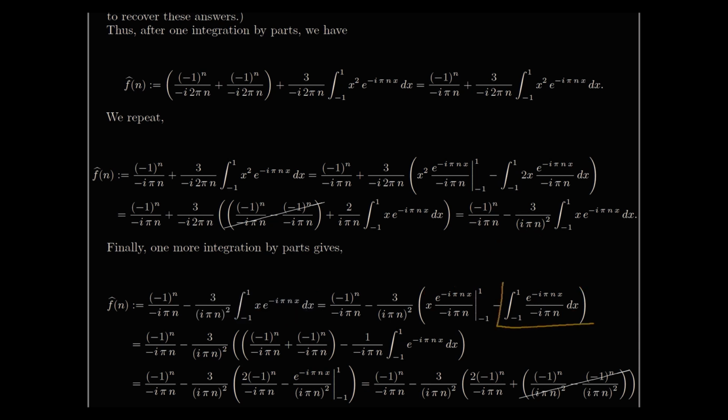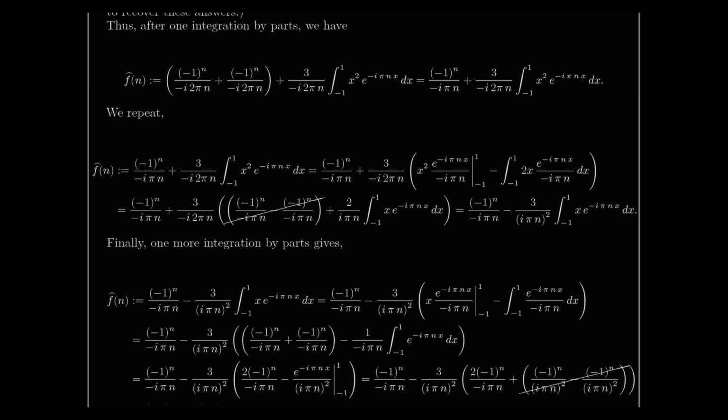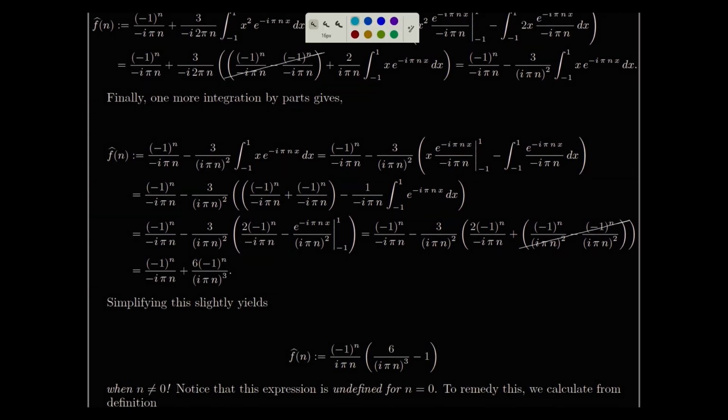So my last integral, I can finally compute that one because it no longer needs an integration by parts. I also know how to evaluate this one on the bounds because there's my complex exponential. I can use Euler's formula for that. X will just be plus or minus 1. And I make all of those evaluations as